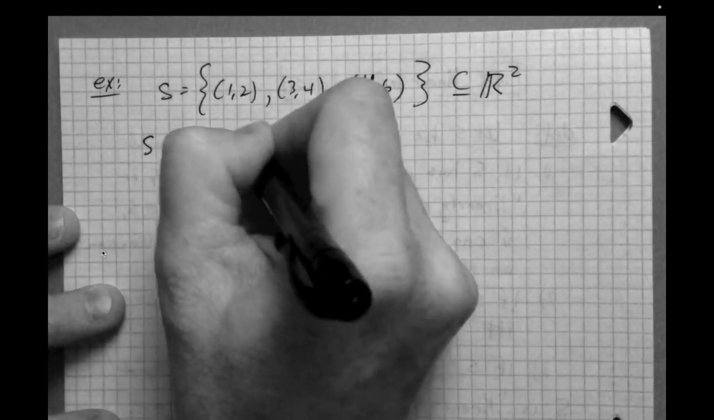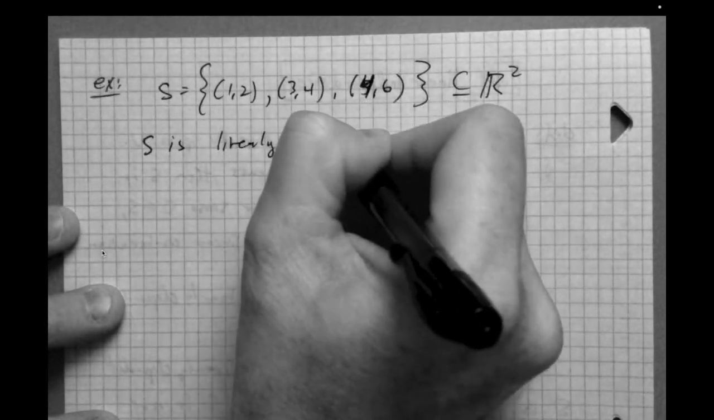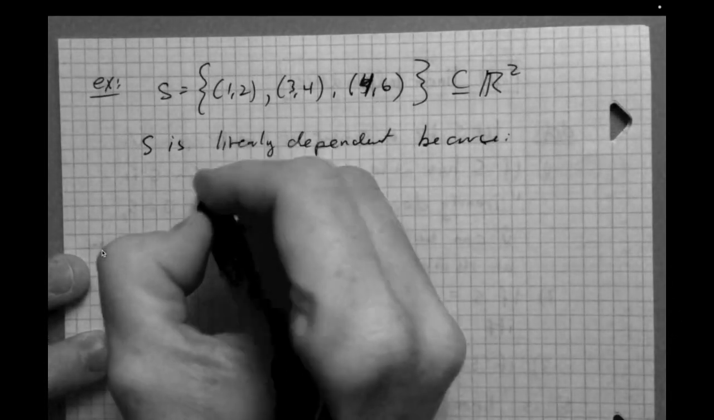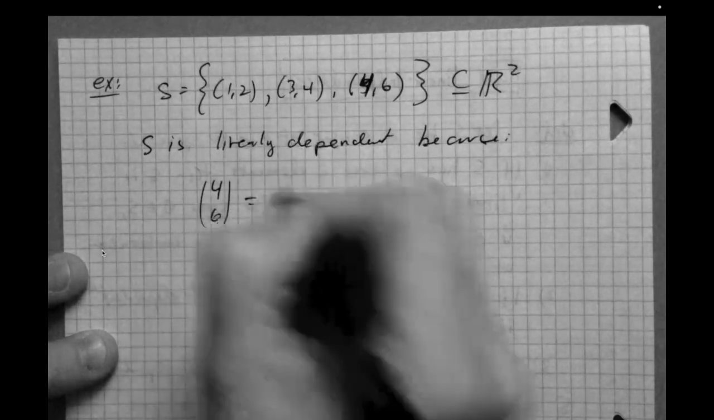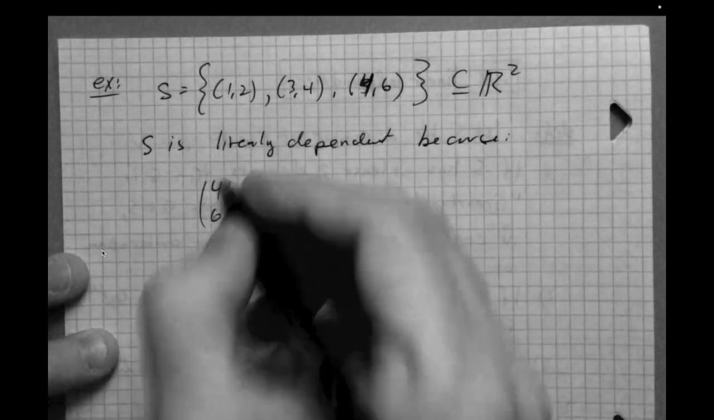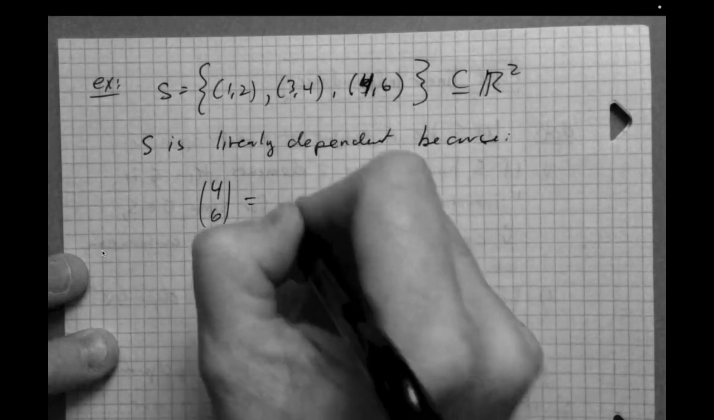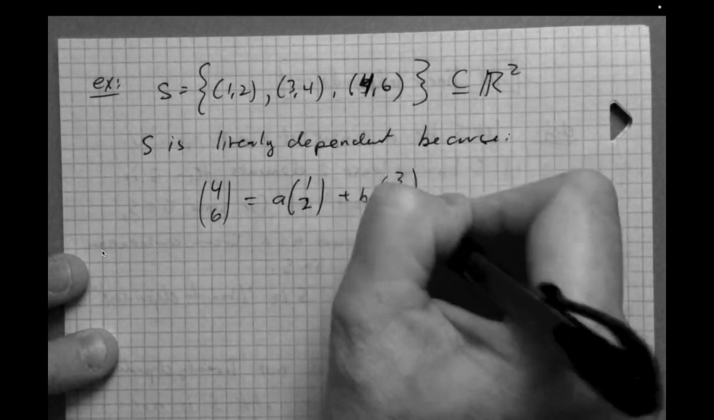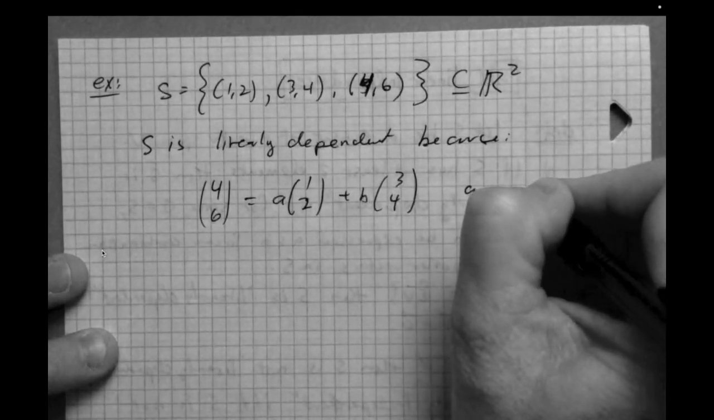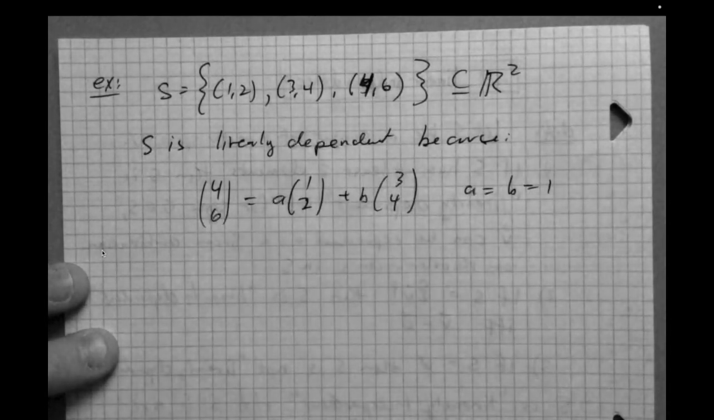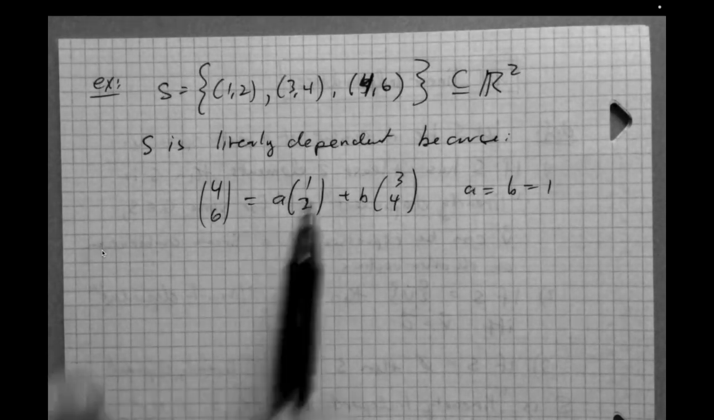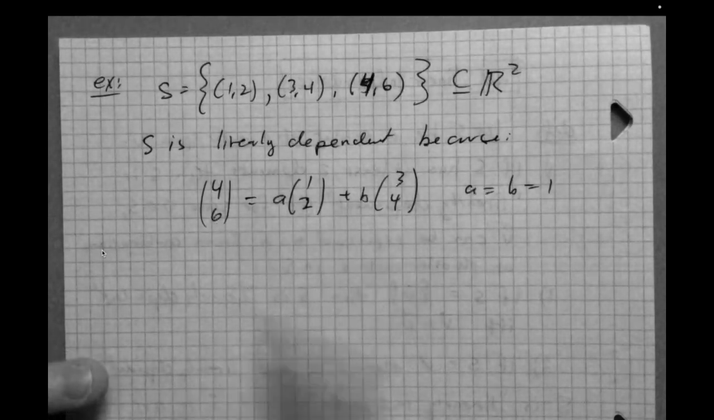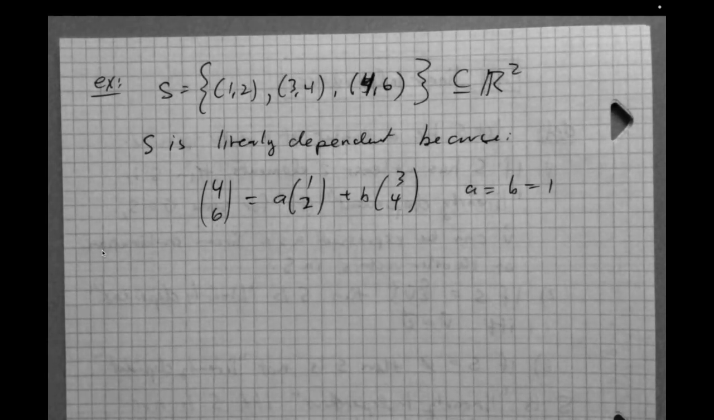S is linearly dependent because, here's one reason. I can take the vector (4, 6), and I can express it in terms of these other two. So I can say A times (1, 2) plus B times (3, 4). If A equals B equals 1, then this works out. So this would be (1, 2) plus (3, 4). 1 plus 3 is 4, 2 plus 4 is 6. So (4, 6)